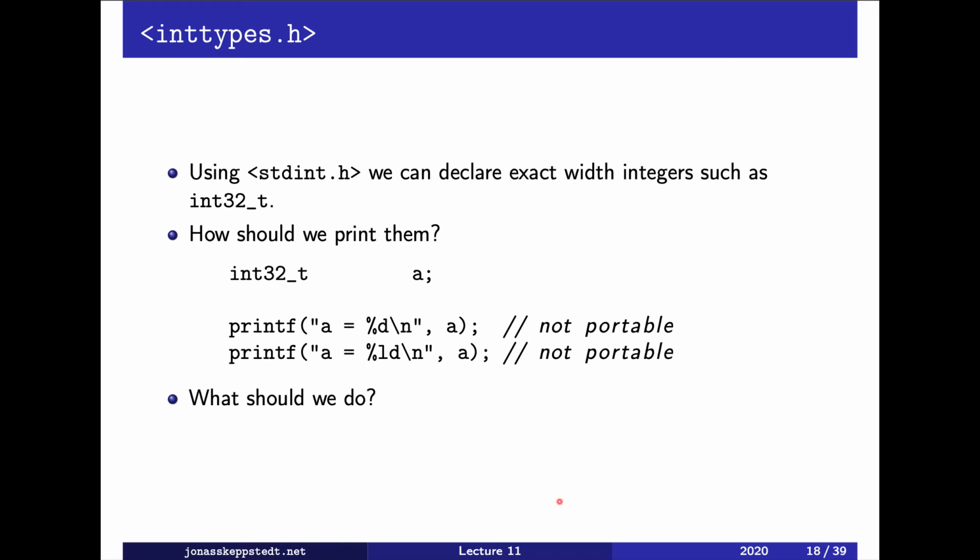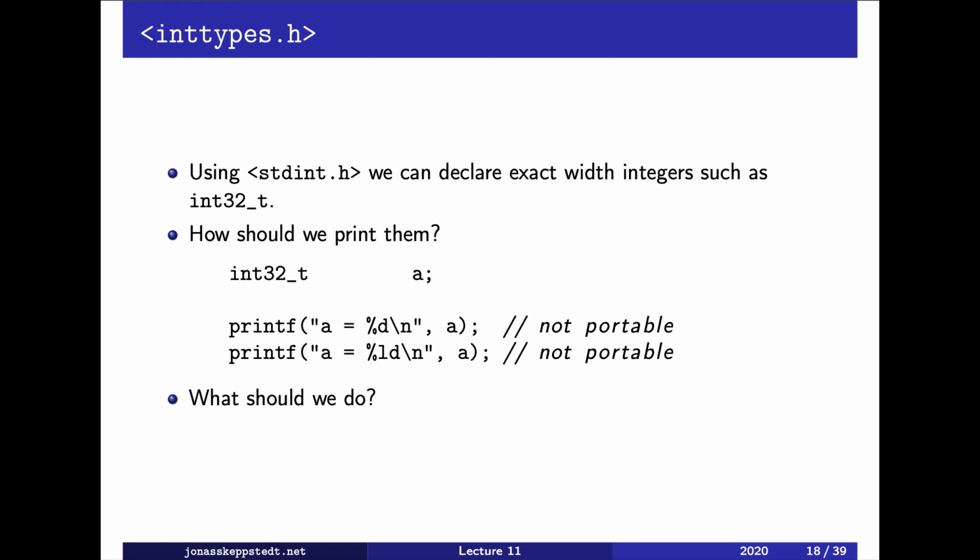If we want to have an integer of exactly 32 bits, we can try to use int32_t, and that type may be declared in this file. I say may because it's not guaranteed to exist. There are, for instance, digital signal processing